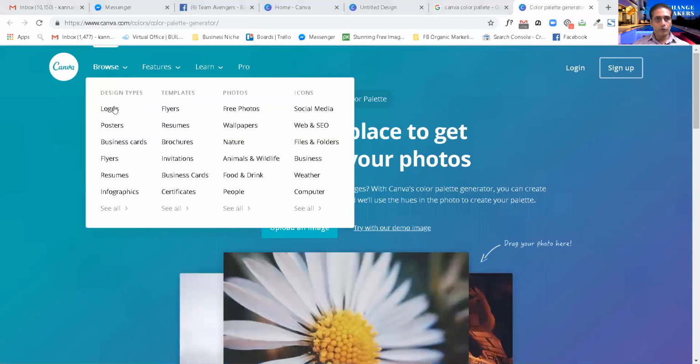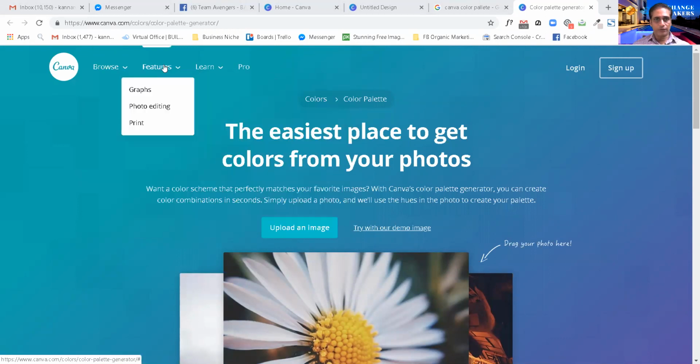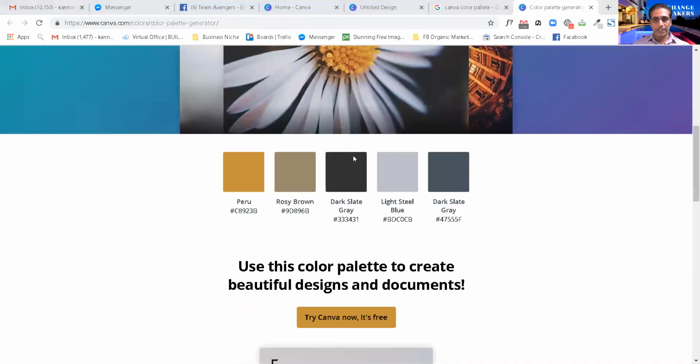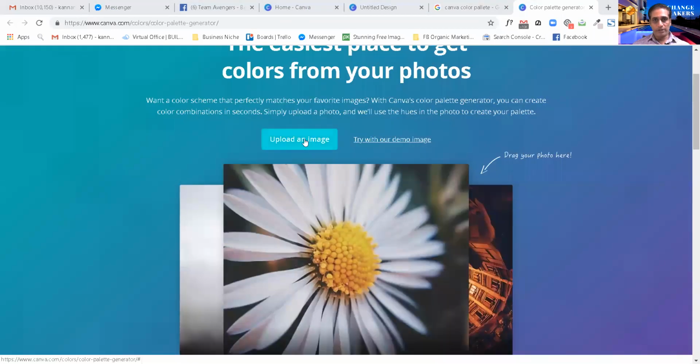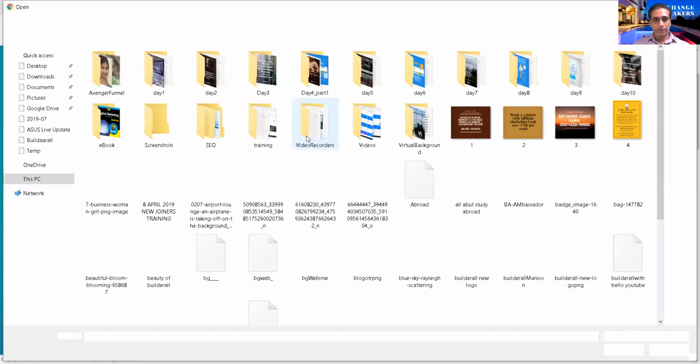Here, if you browse, you can see too many options for colors and other features. What we are doing here is taking this option, upload an image. You can see it is very simple. I'm going to upload one image to get something beautiful from it. I want to get good color combinations, so based on my concept,